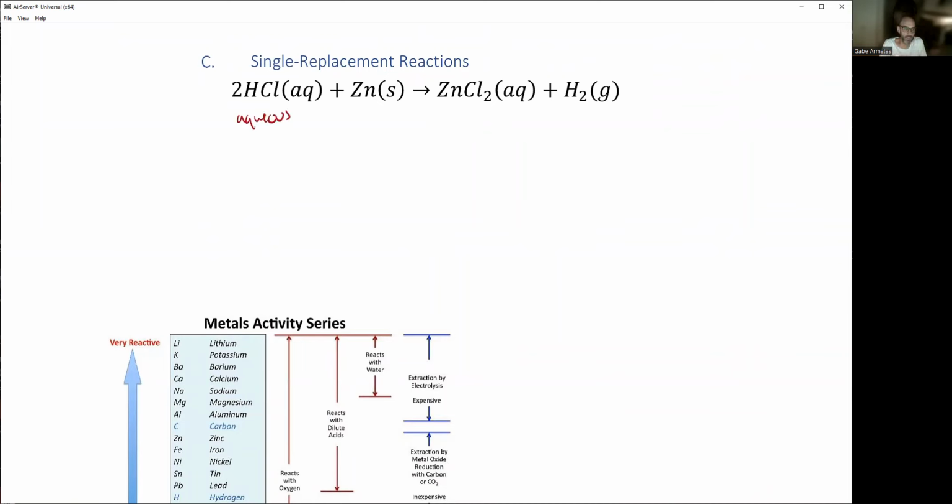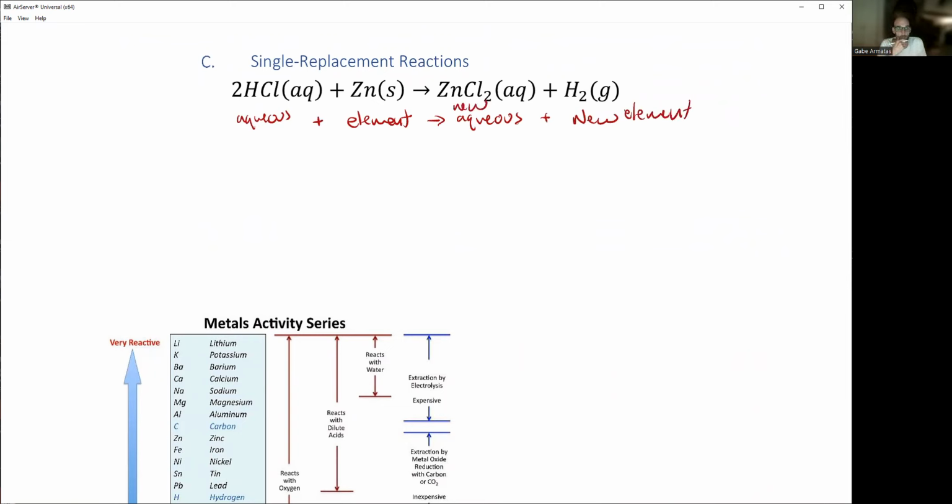So some kind of aqueous compound, and then we have an element. Aqueous compound plus an element yields some other aqueous compound plus a new element. In fact, this is a new aqueous compound